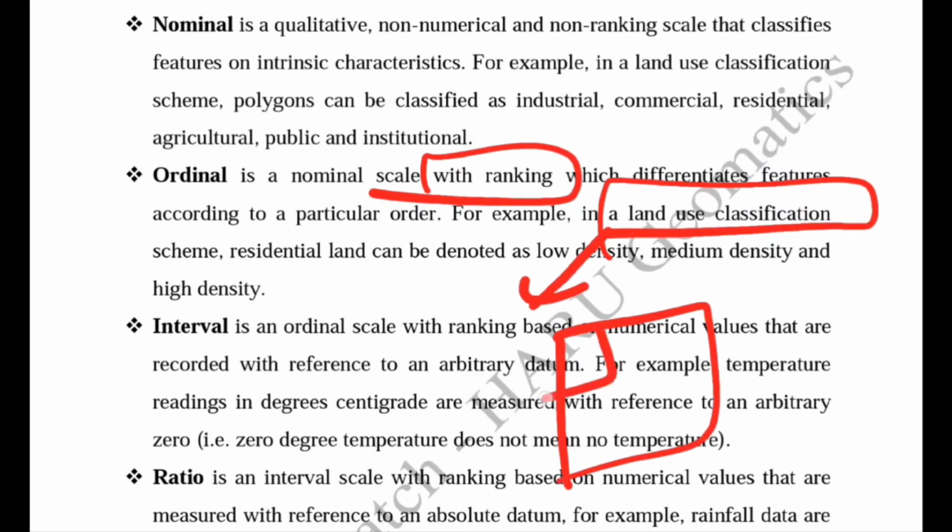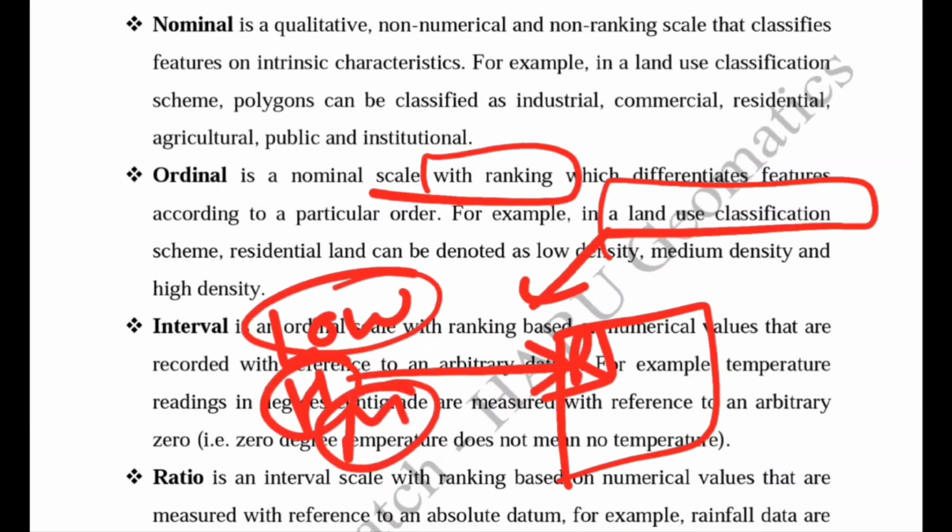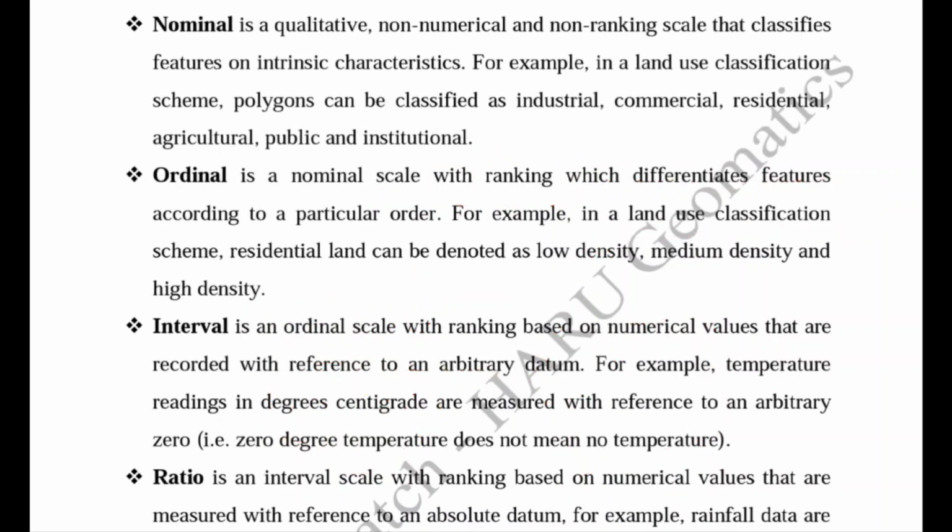In that there was a part of residential, and that residential can again be classified as low density area, medium density area, and high density area. These are based on ranking, meaning what population or what density is there. So it can be arranged in increasing or decreasing order. So it has some ranking, that is the ordinal scale.